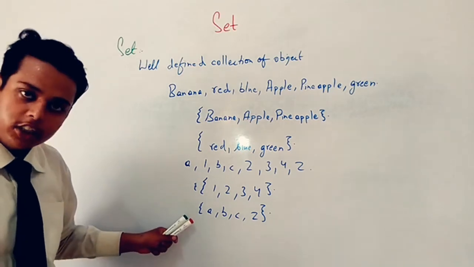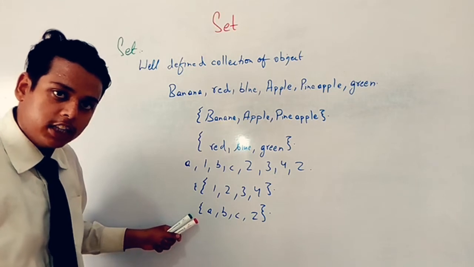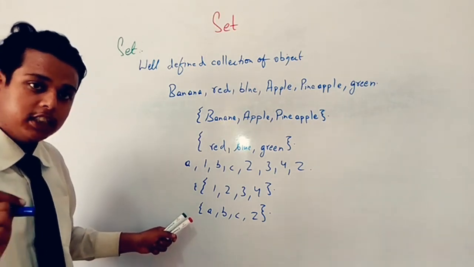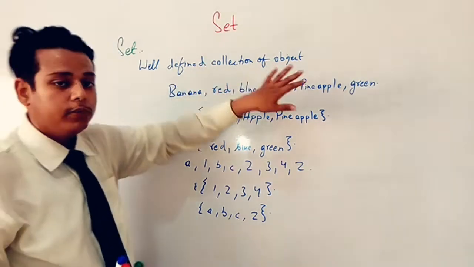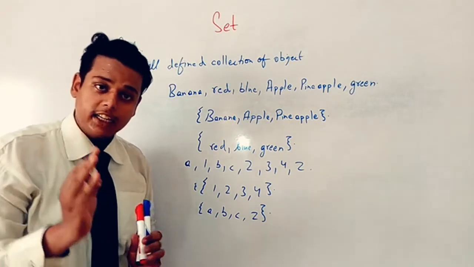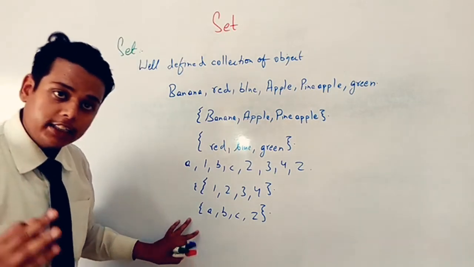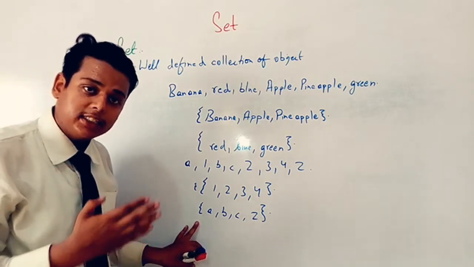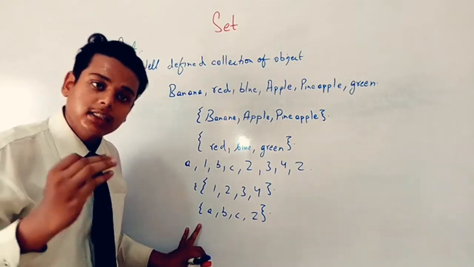And if I am talking about this one set, in this one set only the alphabets are there, which means these sets are well defined. Whenever we are talking about a well defined collection of objects, it means we made a collection here, and also defined it well, telling clearly what these things are and what kind of things they are. Such things we put in a separate group, that is called the set.